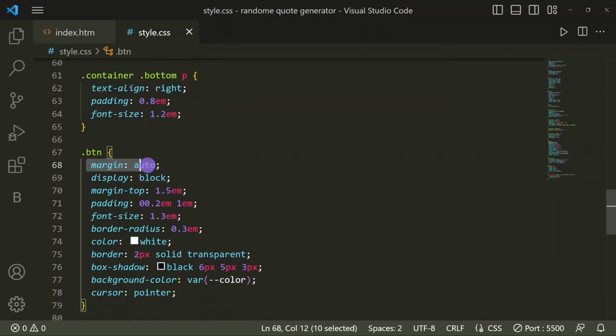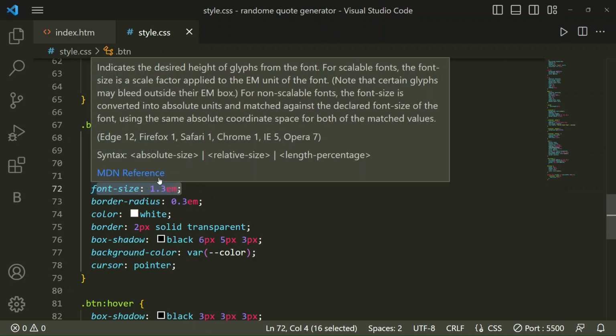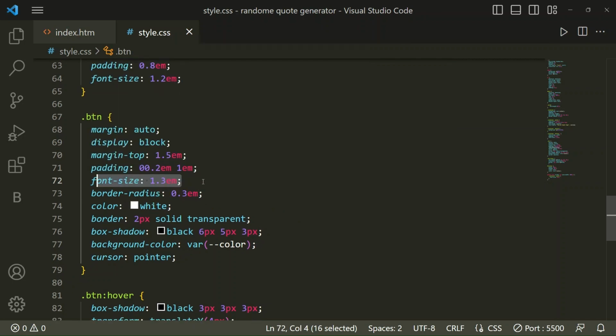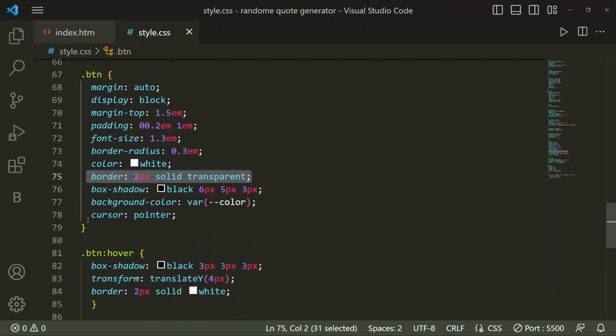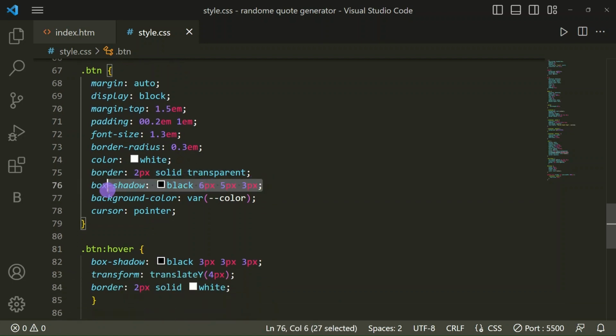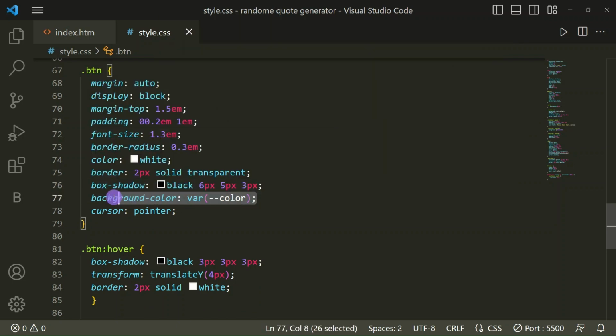For the button class we have taken margin auto, display block, margin-top 1.5em, padding 0.2em and 1em, font size 1.3em, border radius 0.3em, color white, border 2 pixel solid transparent, and a black box shadow of 6 pixel, 5 pixel and 3 pixel.